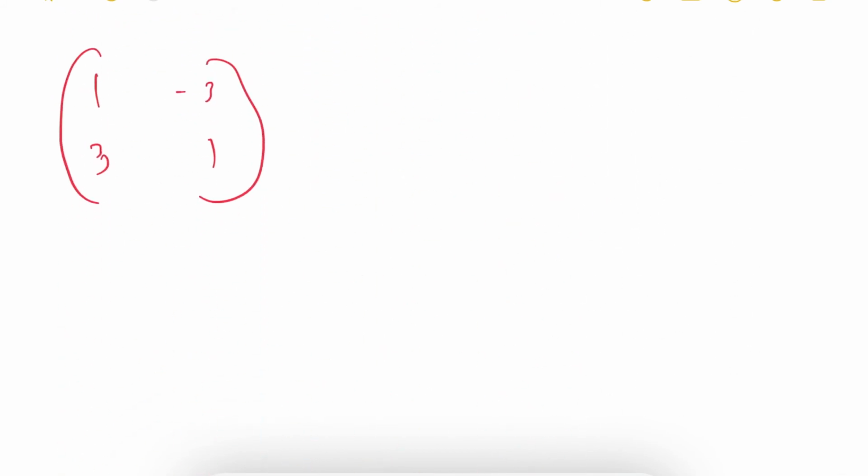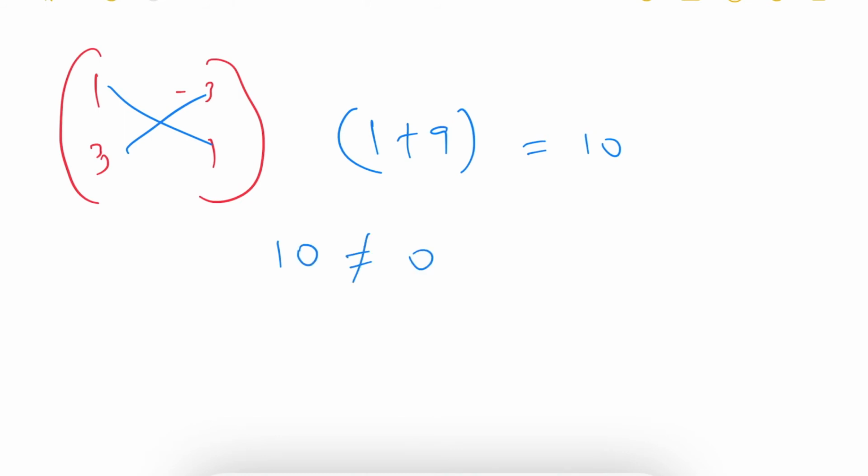And let us find out the determinant from this again. 1 times 1 is 1, minus 3 into minus 3 is 9. Already minus is there, so it will become plus 9. So 1 plus 9 is nothing but 10. This determinant of the 2 by 2 matrix, 10, is not equal to 0. Then the rank of this matrix is exactly equal to the order of the 2 by 2 matrix. So the rank of the matrix A is 2.